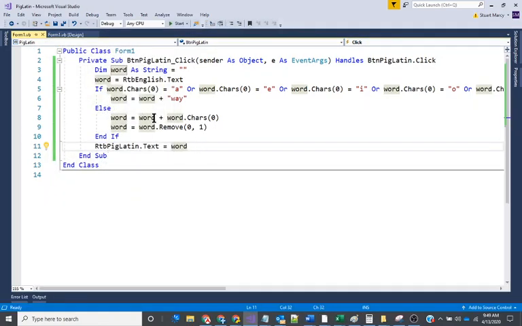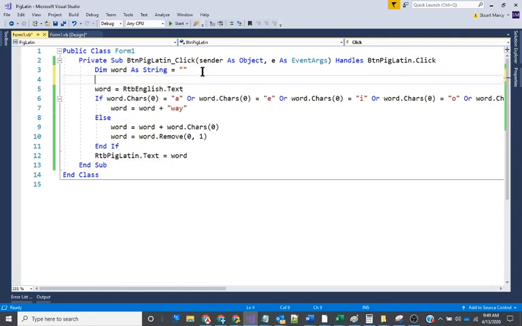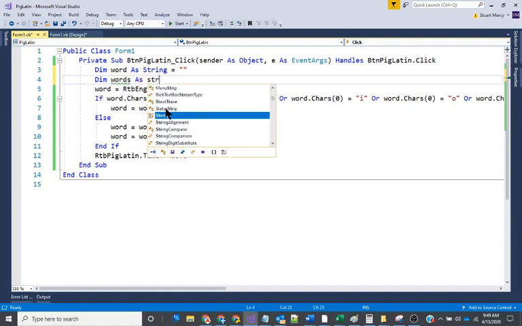Okay, so that's how that works. So what I want to do is create an array of words. And then we can go through each word and do this to each word. So I'm going to dim words. It's an array. And I'm going to say as string